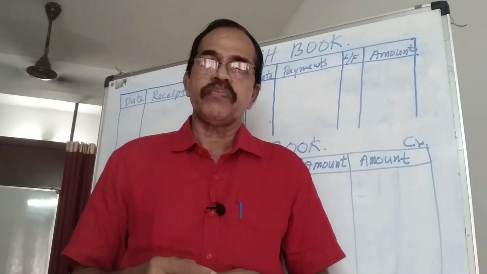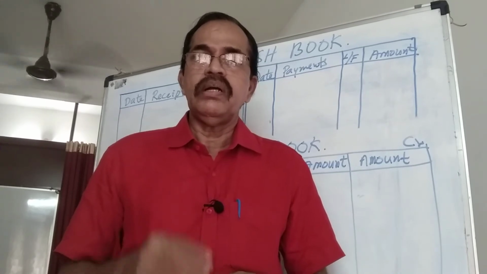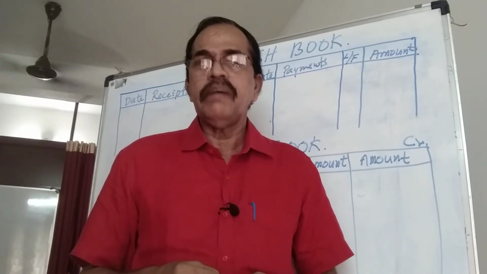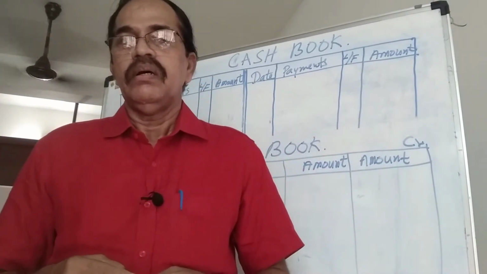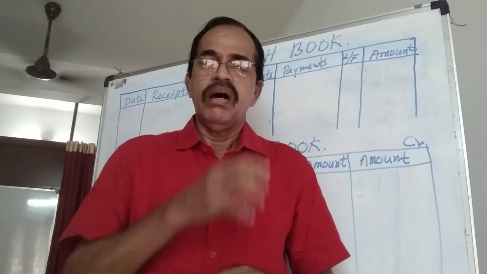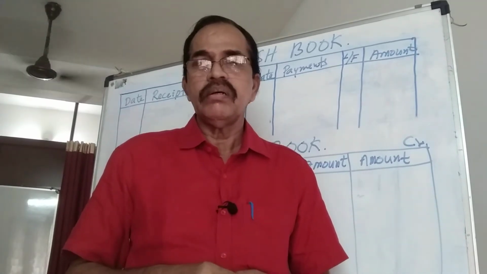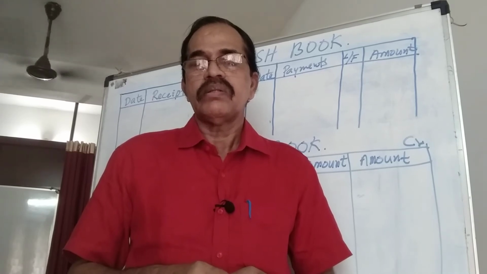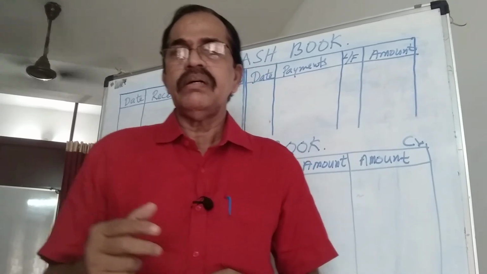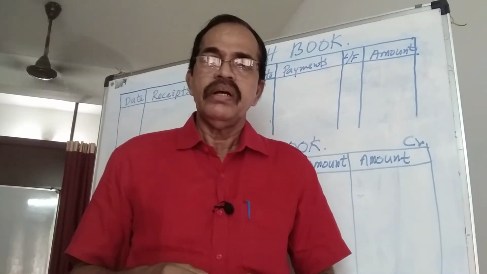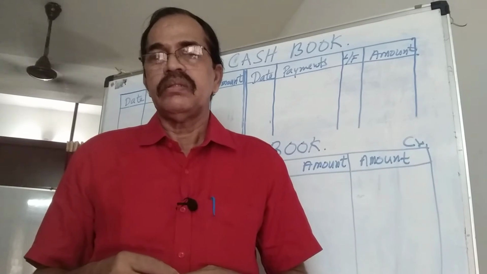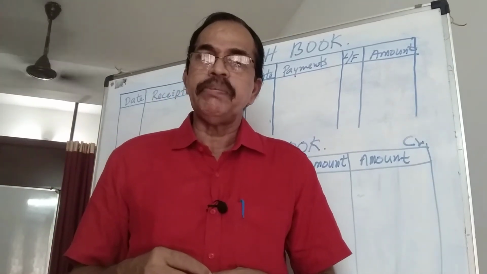So what do they do? They go for a different version of the double entry accounting system, and that is called the day book ledger system. Those transactions which we recorded through 8 subsidiary books are recorded in a single book called the day book. Similarly, those ledgers, debtors ledgers, creditors ledger, general ledger, in the case of a small business concern, we have only one ledger. Thus, the accounting becomes cheaper and easier.